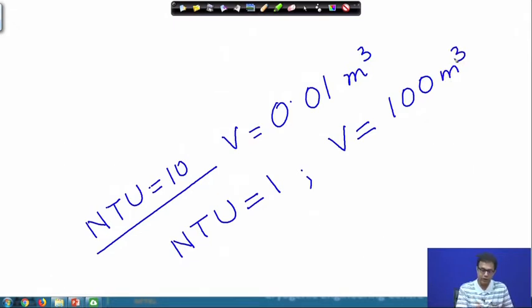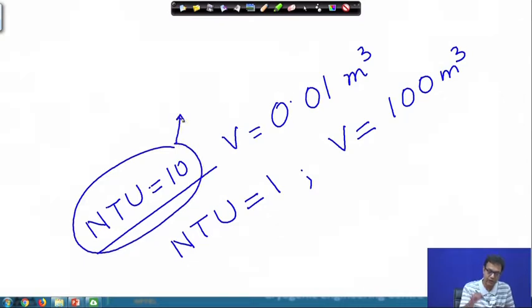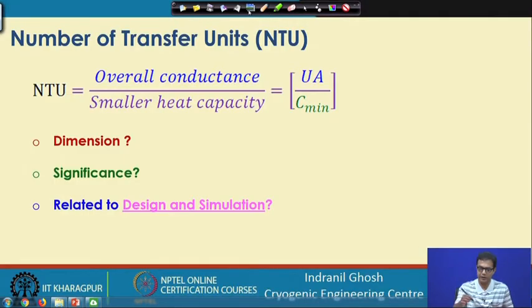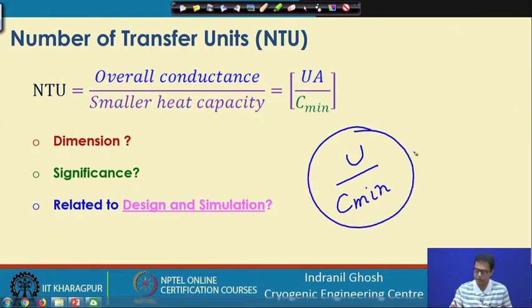So, this is in contrast, this is not necessarily that a larger NTU will correspond to a larger dimension of the heat exchanger, but for a particular type of heat exchanger, if we find that UA by C mean, if this parameter is remaining constant or nearly constant, then we can say that